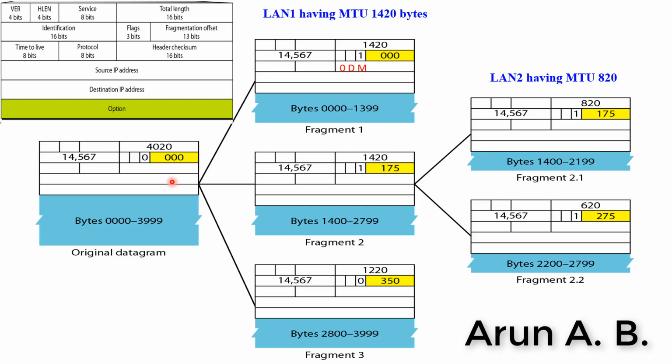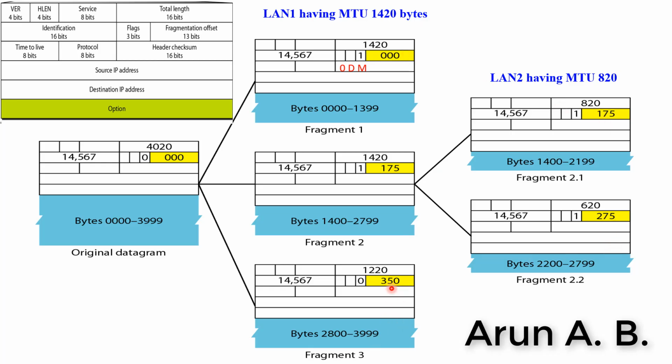For that, what reference will we consider? We just consider this offset byte. When the offset byte is 0, that indicates that this is the very first packet. Then the increment to this one is 175, so this is the second. The increment to this one will be 175. Because this is subdivided, we receive these packets. Then the increment to this one will be 275, and to this one 355. So first, second, third, and fourth.